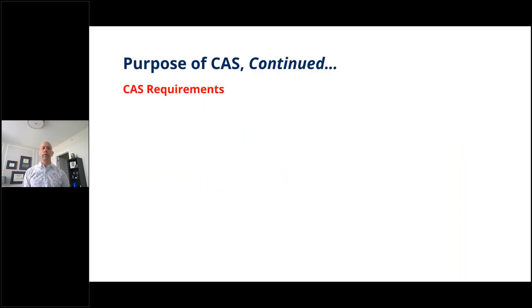Really, this is a way of the government leveling the playing field. So think of CAS kind of like GAAP. We have GAAP that applies to all companies, generally speaking, and we certainly use the GAAP principles to guide what we do in our regular financial accounting. And CAS is very similar. Again, we'll talk about very specific CAS applicability. But even when CAS is not required, it's certainly a good guideline to use when making decisions about how to present financial information related to government contracts.